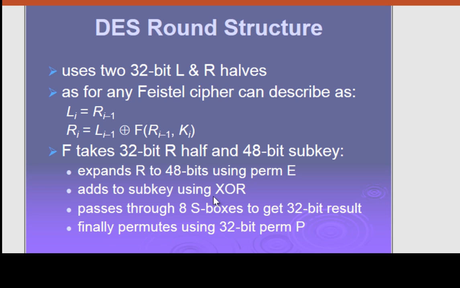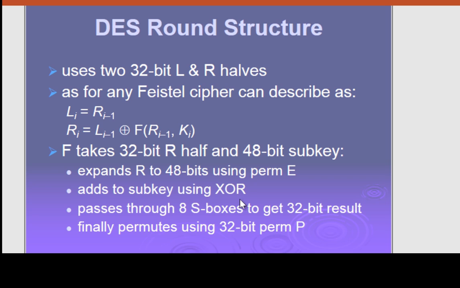and add subkey using exclusive OR. Why it is expanded to 48-bit is because the key is 48 and the right part should also become 48. Only if these two have equal bits can you generate the function. So the right part is 32, that's why it is expanded to 48. So 48 and key is 48, then it is easy. So that's why the right part is expanded,